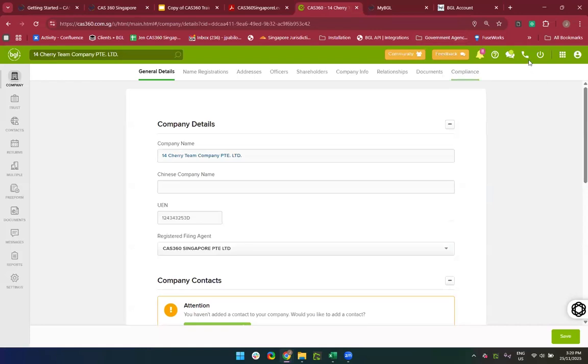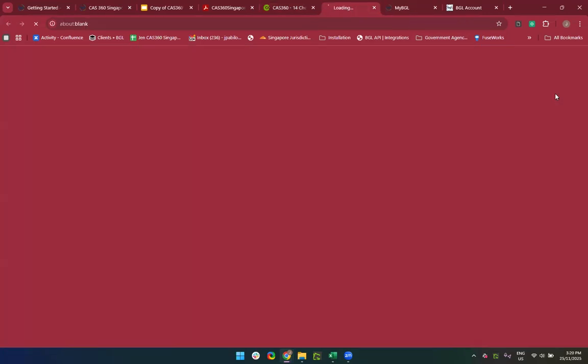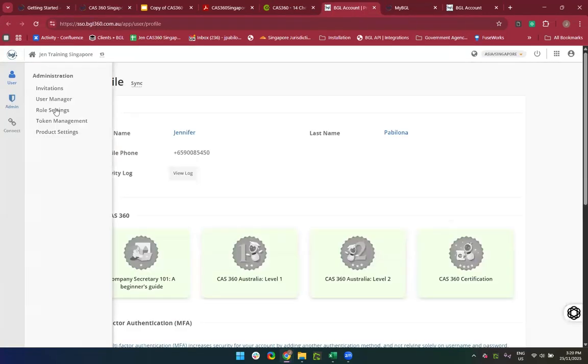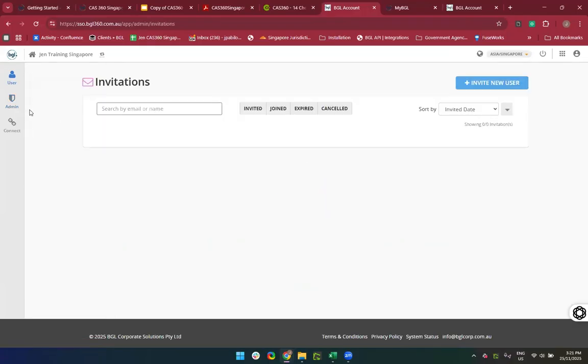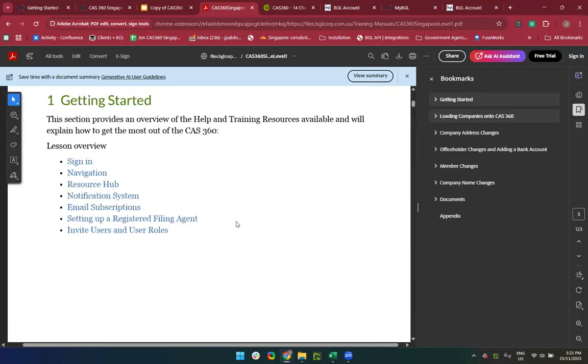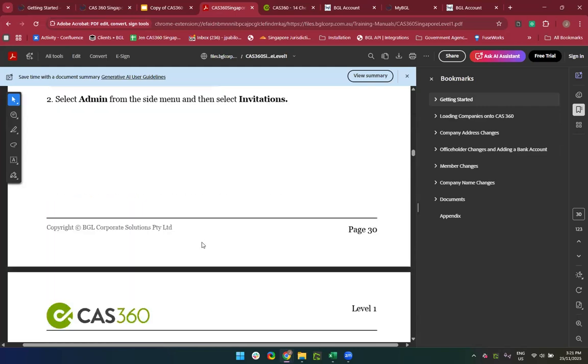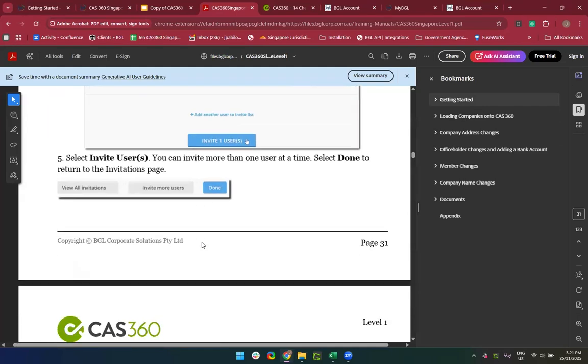Now, going back to my app switcher and selecting my users. So that's how we invite other users. So in the users, because I don't have any particular users at the moment, now I'm just going to quickly show you on my manual the users. So when you invite users and they accept,